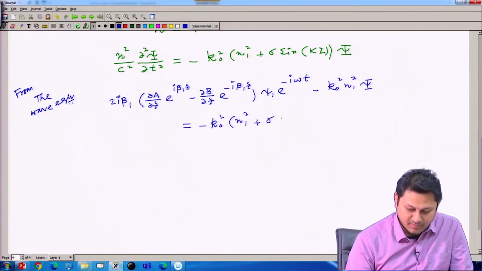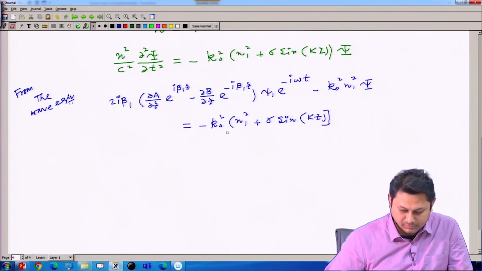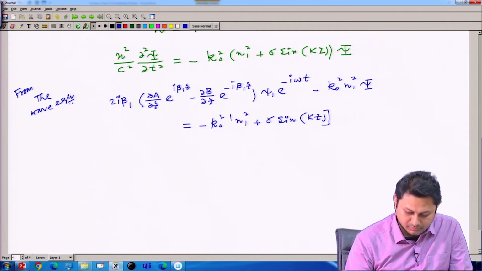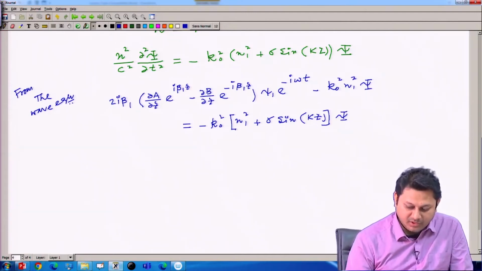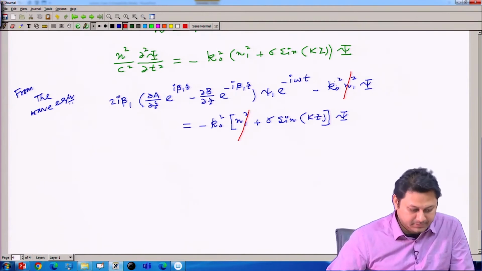plus sigma sine of kz, better to put a third bracket, and then big psi. Kindly note that this k 0 n 1 square psi and this k 0 n 1 square psi will cancel out. So, this term and this term will cancel out. So, eventually we have